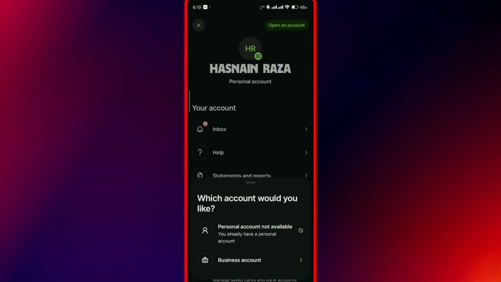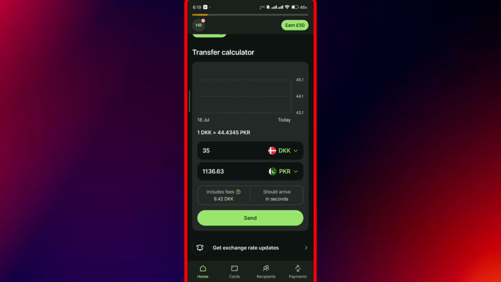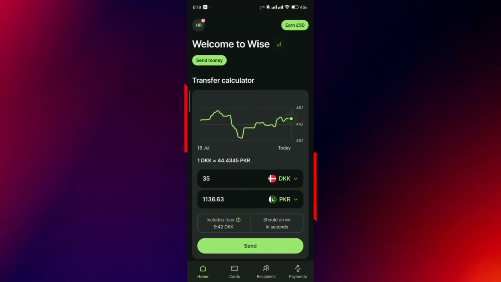First, create a Wise account through the app or website and verify your identity with your ID or residence card. Once your account is set up, you can use Wise in two main ways: to send money abroad or to